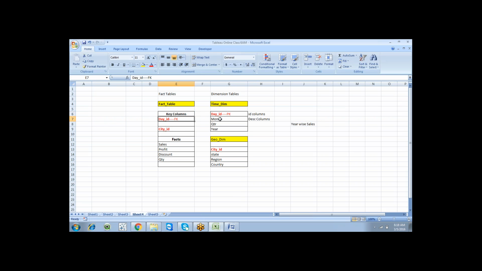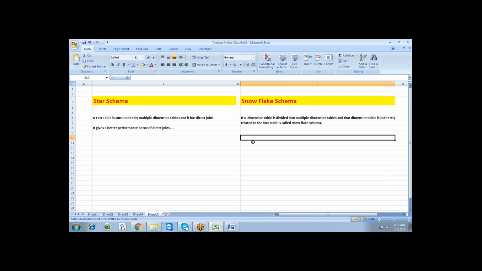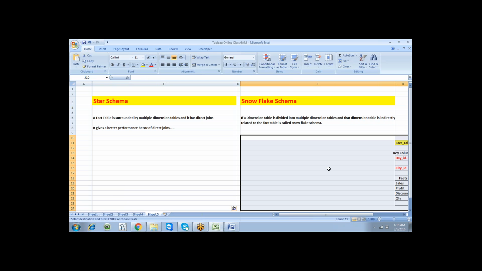So we have direct connectivity to these particular tables, a geographical dimension table and a time dimension table. So I'm going to copy this, and now I can go with it.